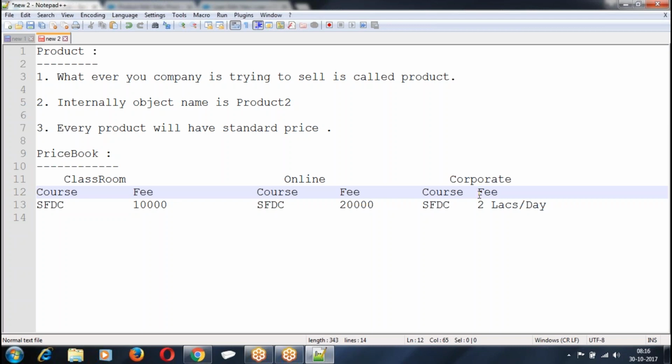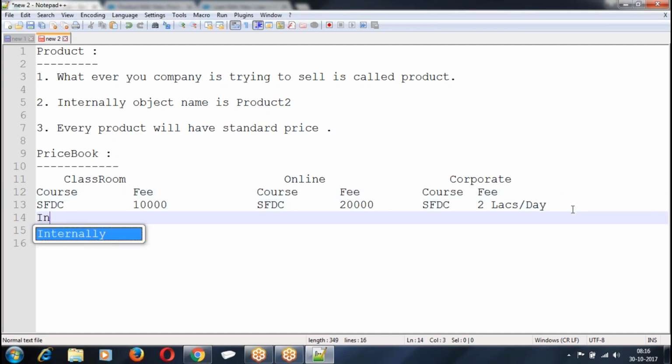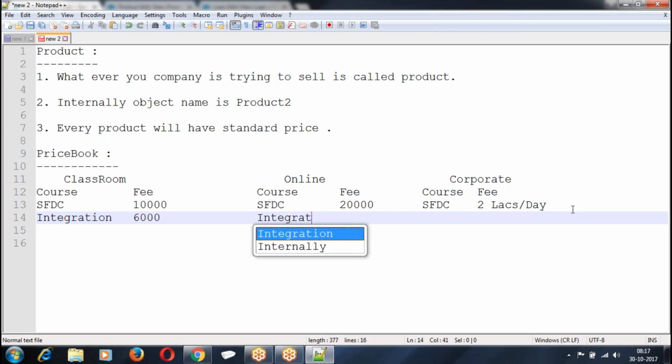Now, my company, integration, let us say some 6,000 rupees. So specifically, integration we are not offering in the corporate.